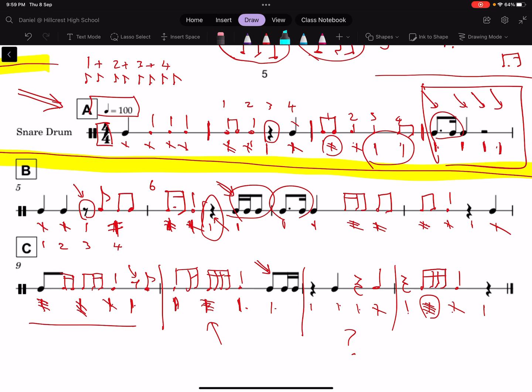Here we go. 1, 2, 3, 4. 1 and 2, 3, 4. 1 and 2, 3, 4. And 1 and 2, 3, 4. 1, 2, 3, and 4. And 1 and 2, 3, 4. And 1, 2, 3, 4. 1, 2, 3, 4. 1 and 2 and 3, 4. And 1 and 2 and 2. Da da da da